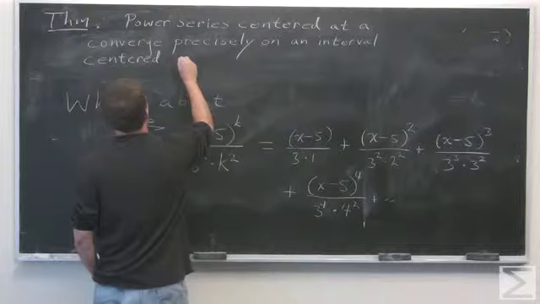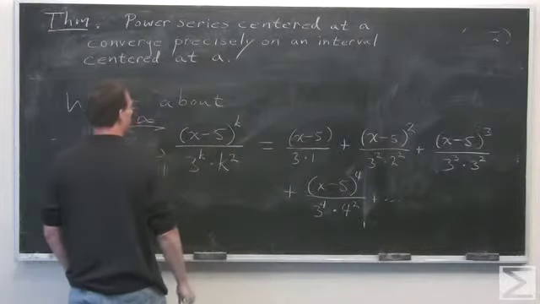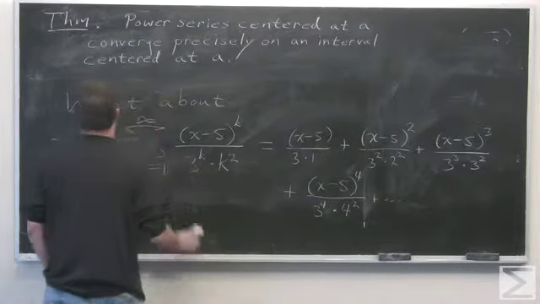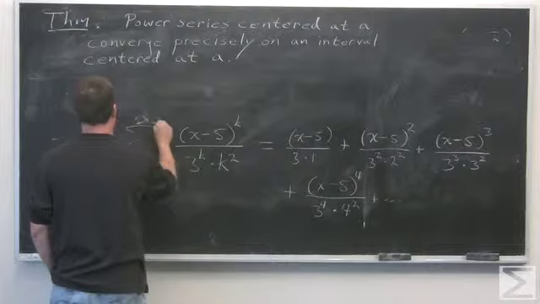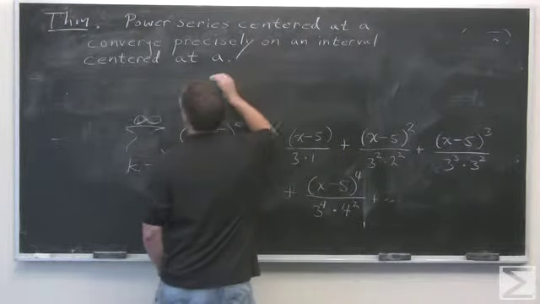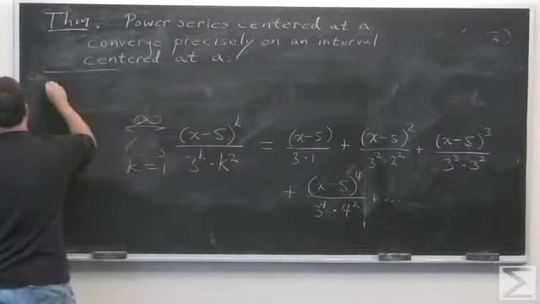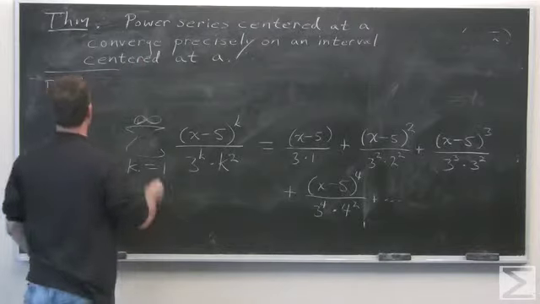Converge on an interval centered at A. I want to leave this. Then the radius of this interval, so that's the theorem, and then the definition then. That interval